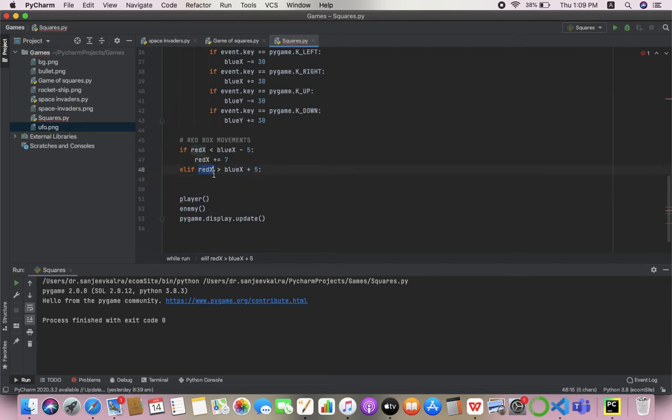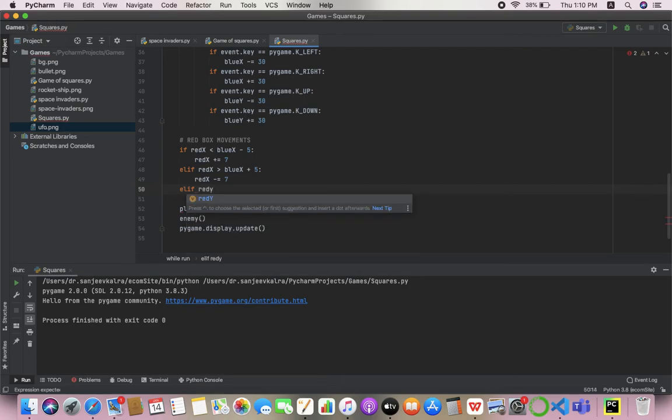Now if the red x is on the right side and the blue x is on the left side, we want the red box to move left. So from red x, we will subtract the value, we will subtract 7 pixels from red x. And now we will make the down and up movements, if red y